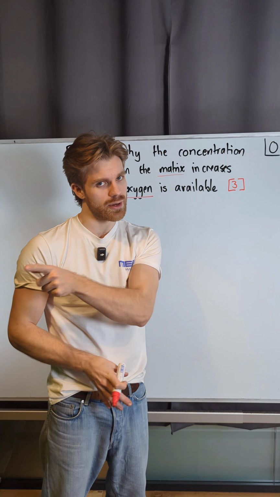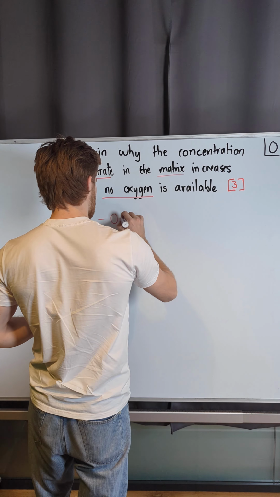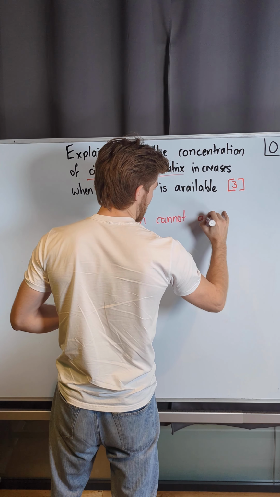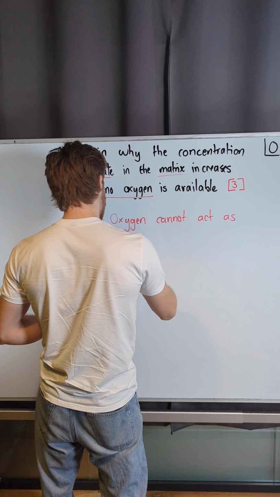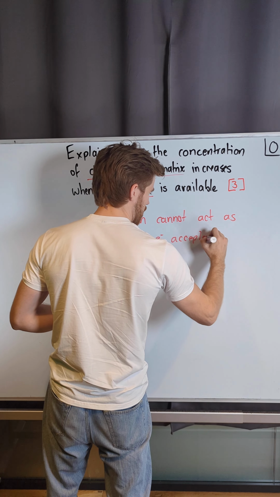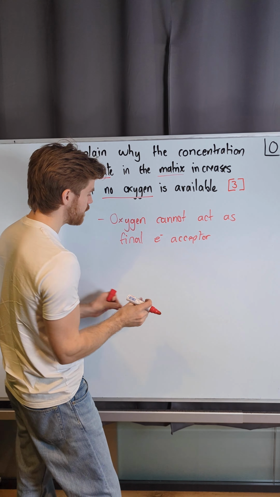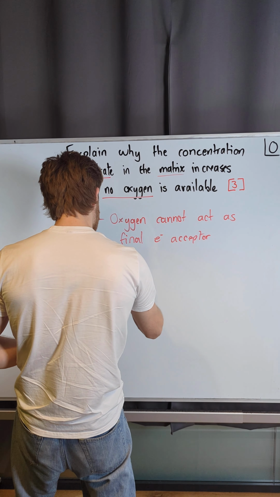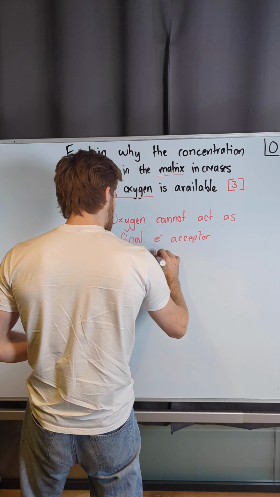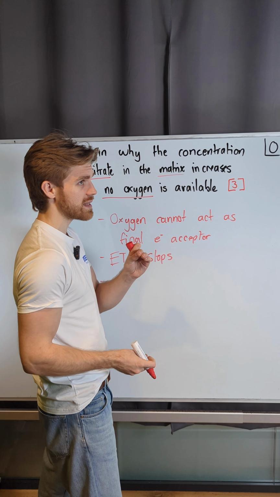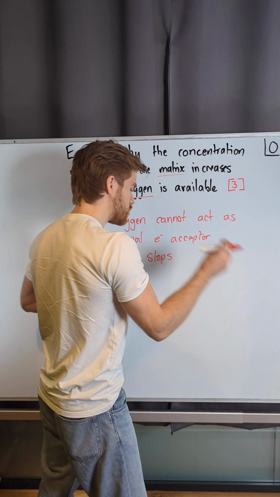Let's have a go at it. So if we've got no oxygen, that means we've got no final electron acceptor. So oxygen cannot act as the final electron acceptor. If we get no final electron acceptor, this means the electron transport chain backs up and stops. So the electron transport chain stops. And if the electron transport chain stops, this means that the NADH is not able to give that electron,